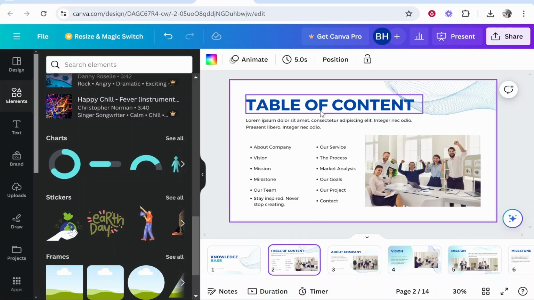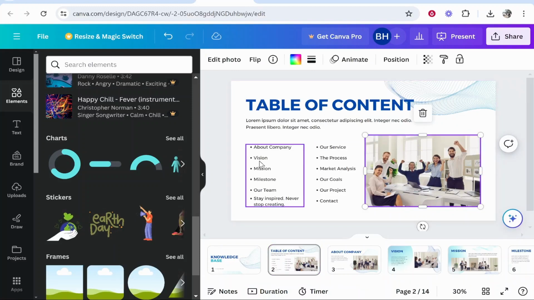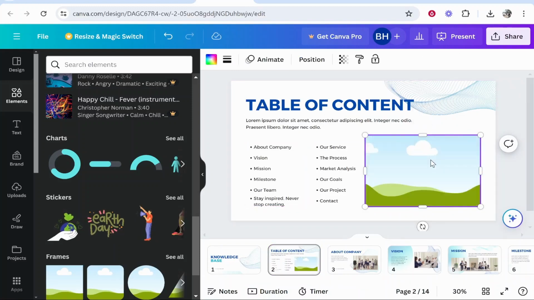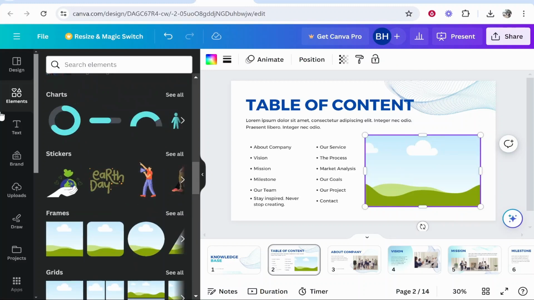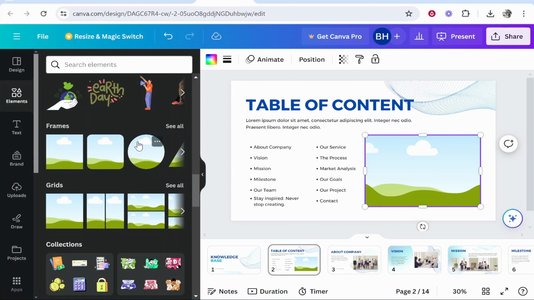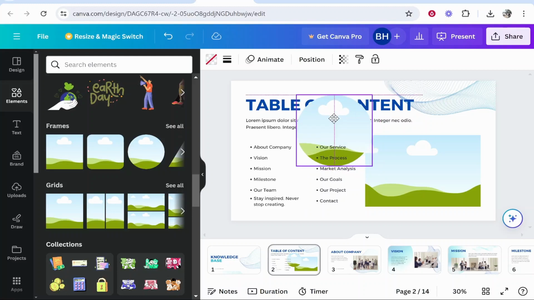Then moving on to the next page, again, everything here can be edited. If you don't want their photo, you can delete it. And once you delete it, you'll notice there is a frame. So frames can be found in the element section as well. And what a frame will do, if you just add it to the screen, you can then snap a photo